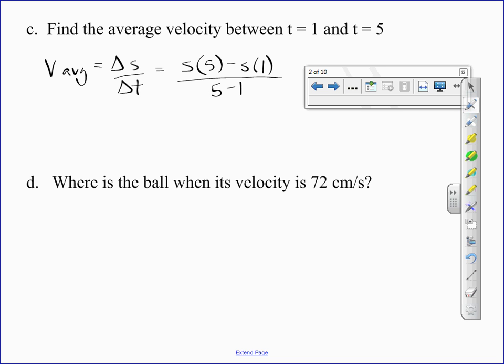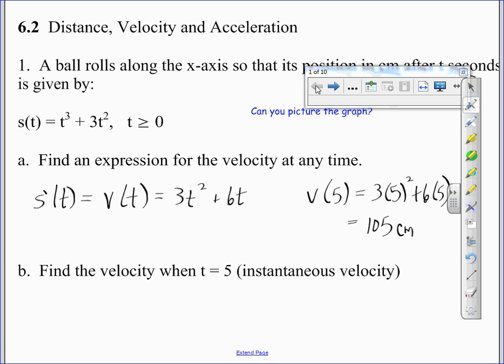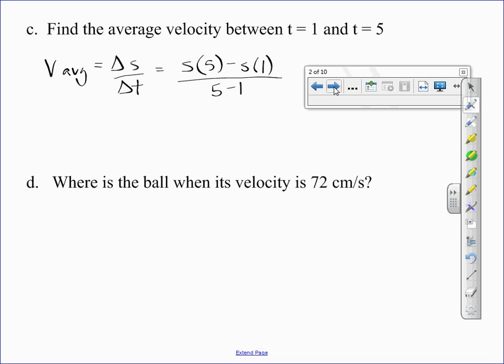Question D asks us to find at what time, no, that's not true. It says where is the ball when its speed is exactly 72 centimeters per second. So the first thing I'm going to need to figure out is at what time that happens. So I'm going to use the first derivative and make it equal to that speed. So 3t squared plus 6t